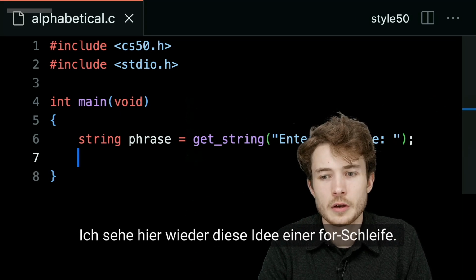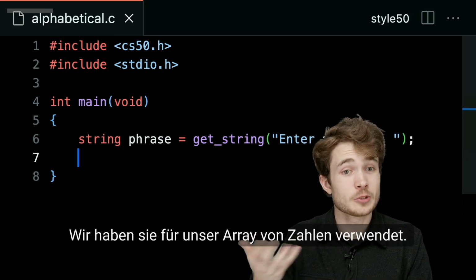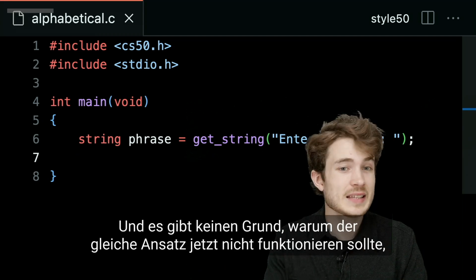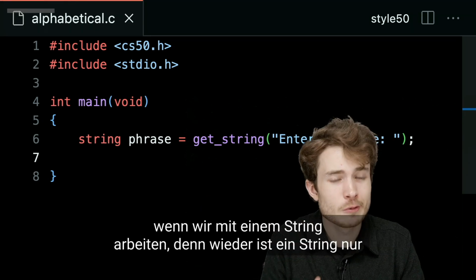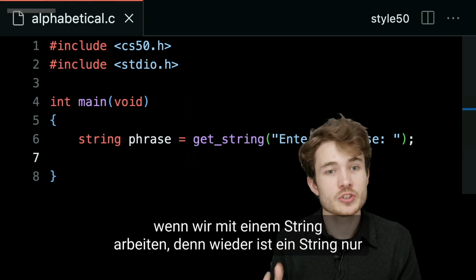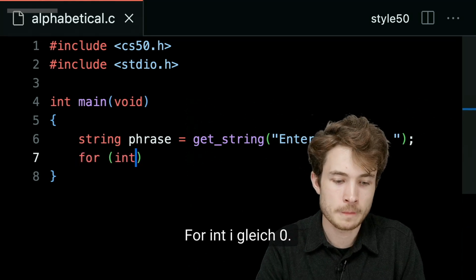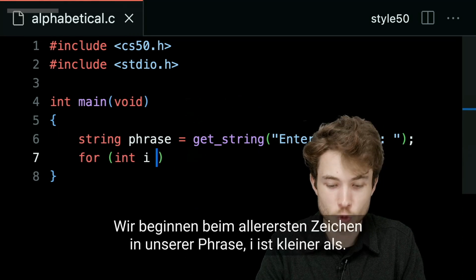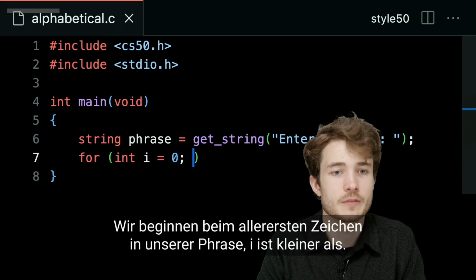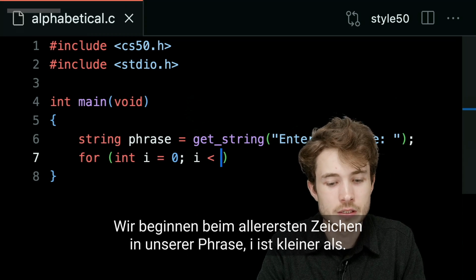Seeing this idea of a for loop again. So we used it for our array of numbers, and there's no reason that same approach can't work now when working with a string, because again, a string is just an array, but an array of characters. So I'll say this: for int i equals 0. We'll begin at the very first character in our phrase. i is less than,